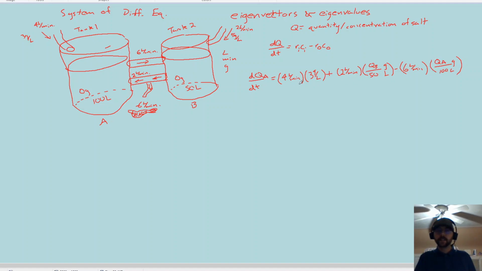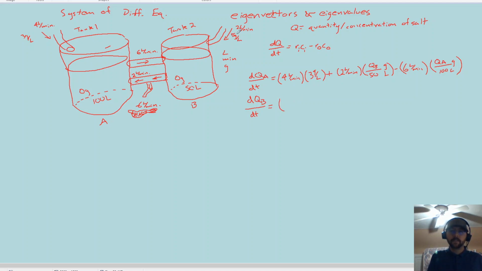So, and to double check, the final solution, the rate of change of the quantity of A with respect to time should be in grams per minute. So it's a change in grams per minute. And so here, liters per minute times grams per liter, liters cancel, you have grams per minute. Here, liters per minute times grams per liter, liters cancel, you have grams per minute, and the same thing over here. And then we do the same thing for B, so the rate of change of the quantity in B with respect to time equals